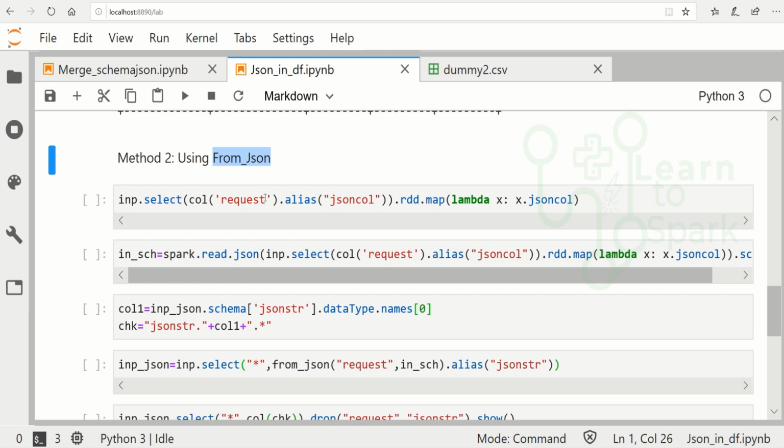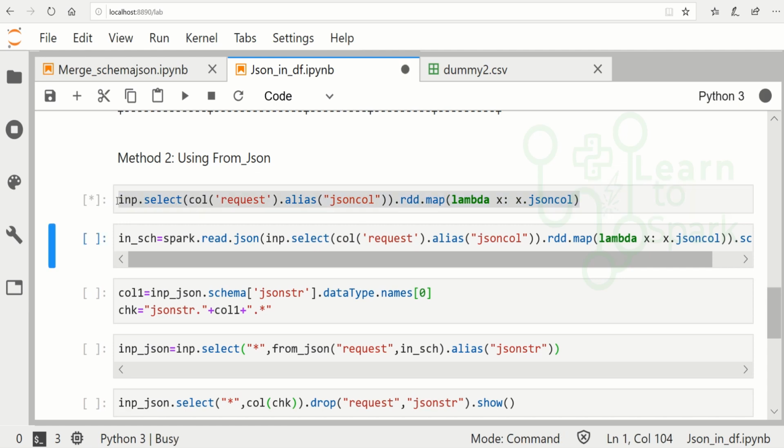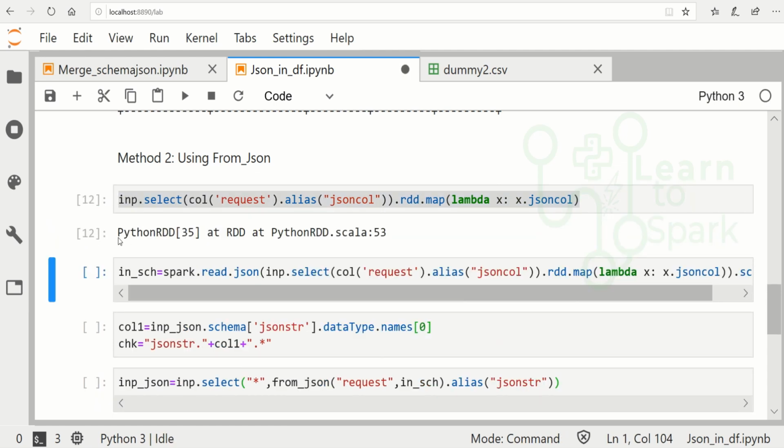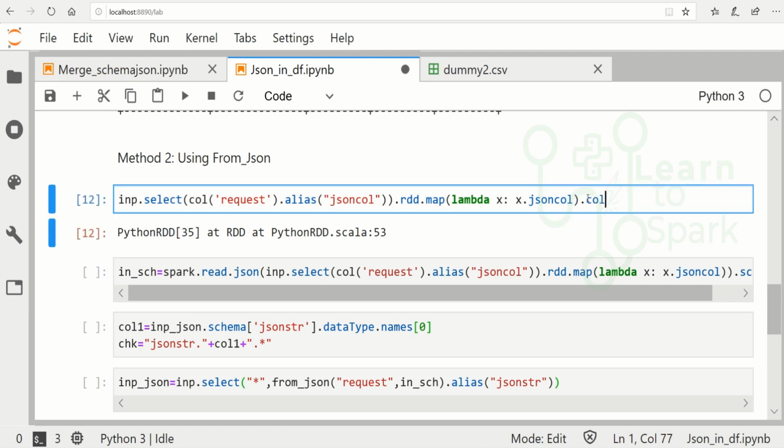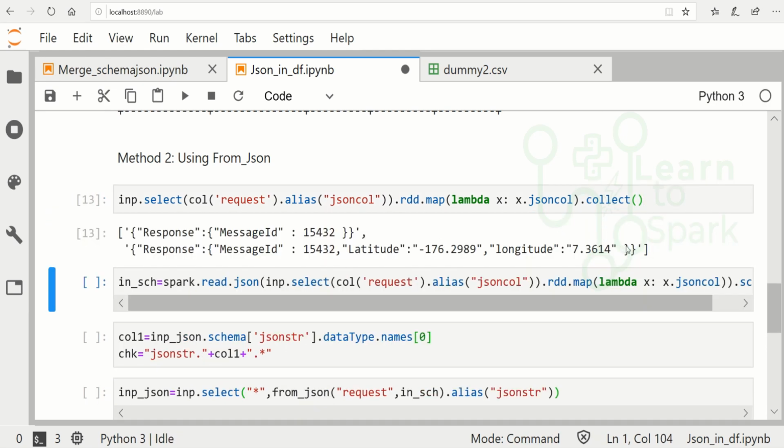For taking the JSON column, first I am converting that JSON type column into an RDD. Let me execute this. You can see here that this is of type RDD. Also I will show what is the content available inside it. I will give a collect and show. So nothing but we are having the columns that are inside that.